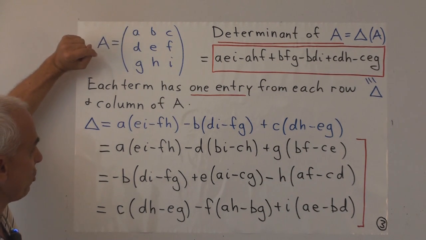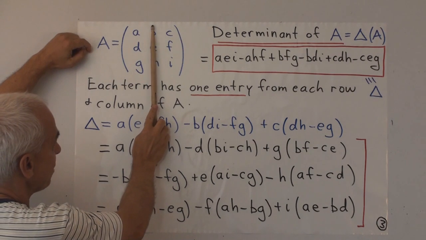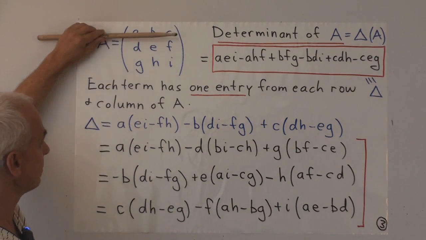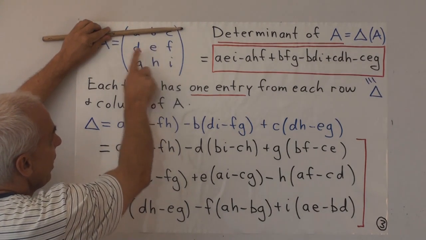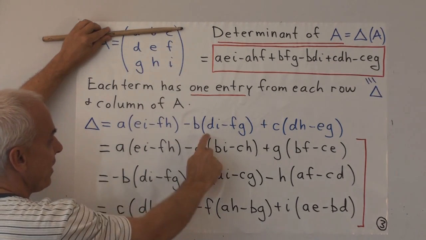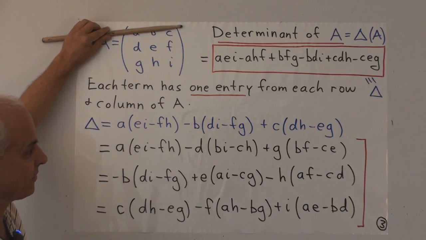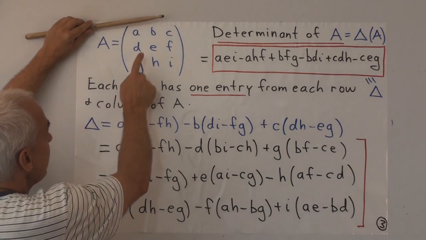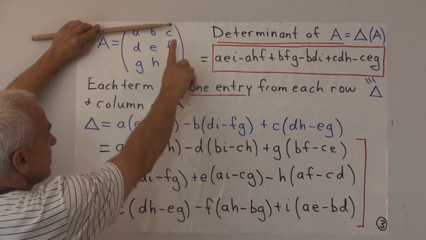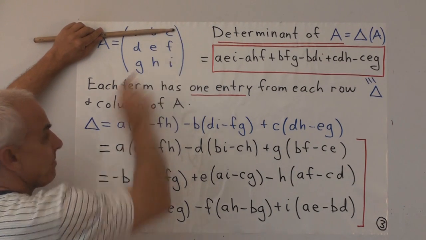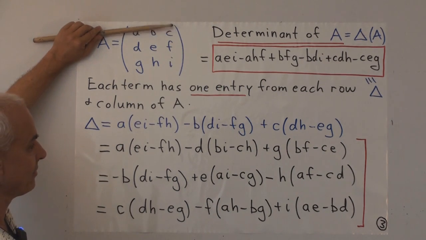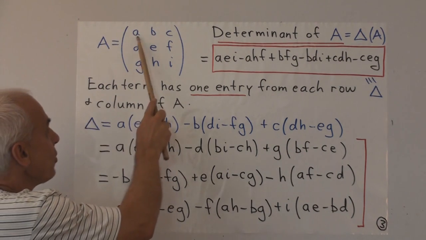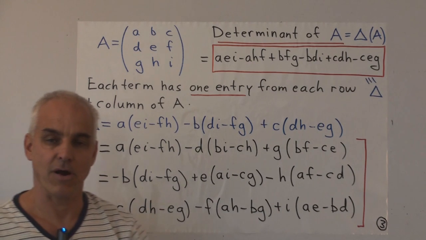It's the determinant of the 2 by 2 matrix you would get by taking the matrix A and eliminating the row and column through B. We took those things away, and then we only have the matrix D, F, G, I, and there's its determinant. And what about the thing multiplying C here? Well, that's DH minus EG. That's the 2 by 2 determinant of that matrix. So that's quite pleasant.